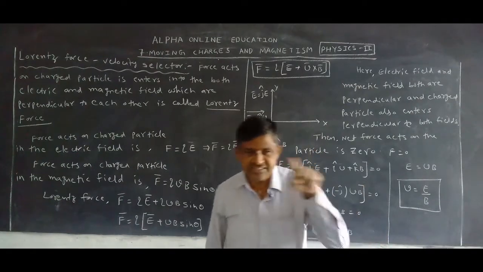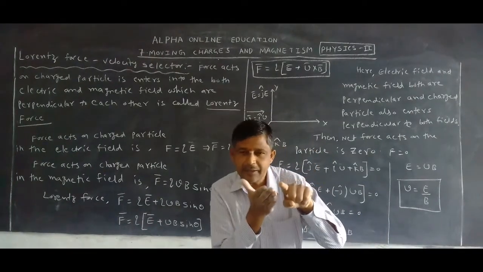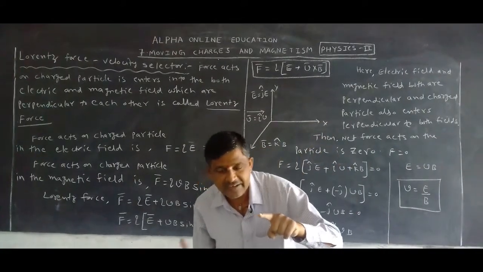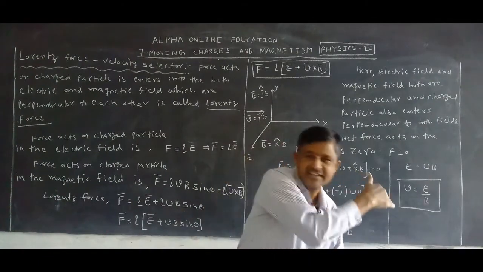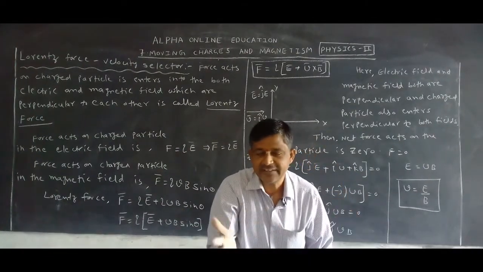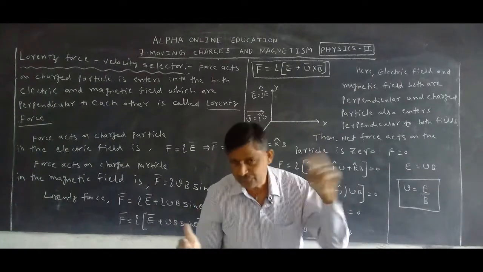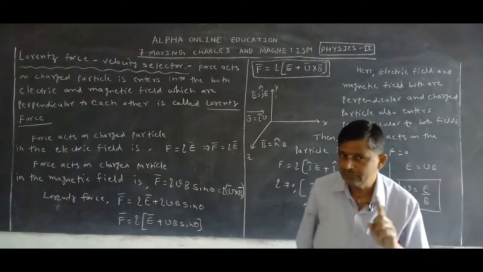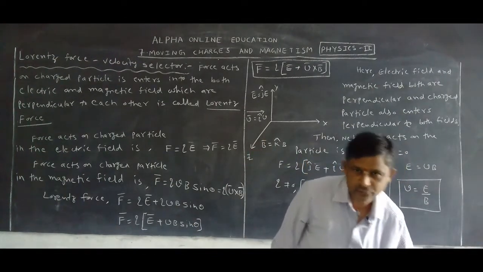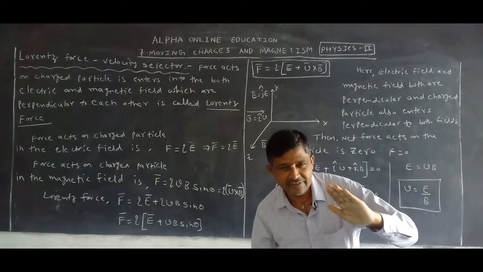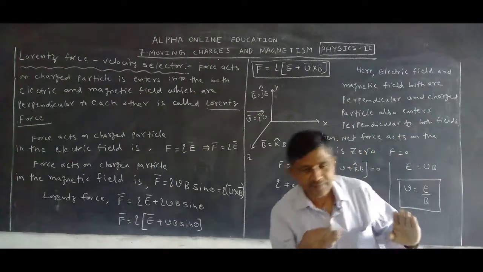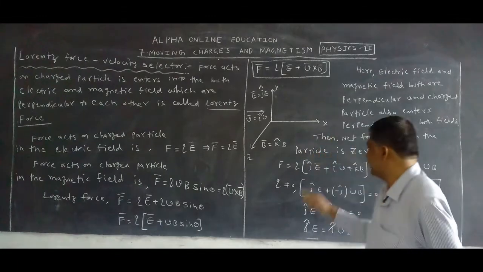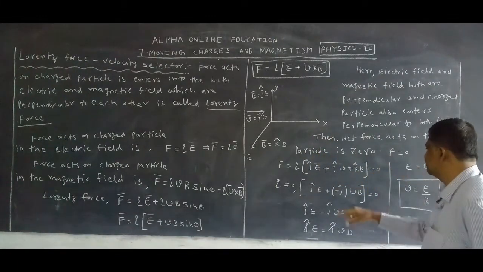The electric field wants to move it in this direction, but the magnetic field brings it in this direction. So the electric field force is in this direction and the magnetic field force is in this direction. Both are opposite, that's why there is no force. Means the force is the same in magnitude, so the net force is how much? 0. Did you follow the point? Due to the electric field it wants to move in this direction, and due to the magnetic field in this direction. The force by the electric field and the force by the magnetic field are the same but in opposite directions. That's why the net force is 0. So F = 0.